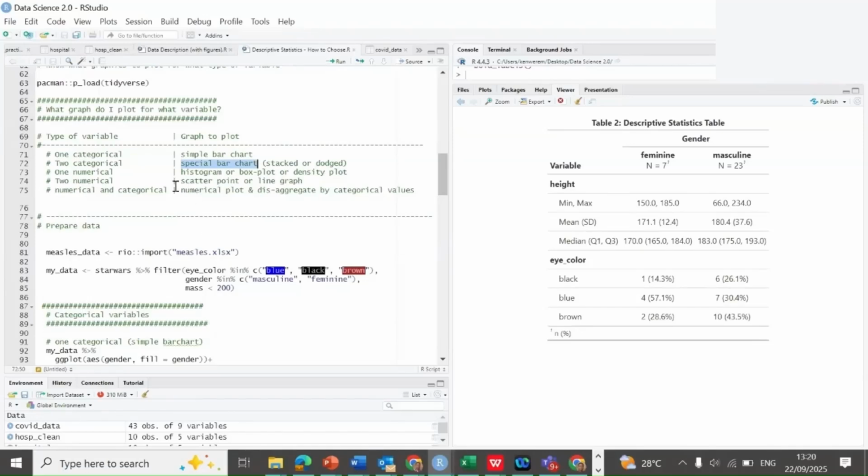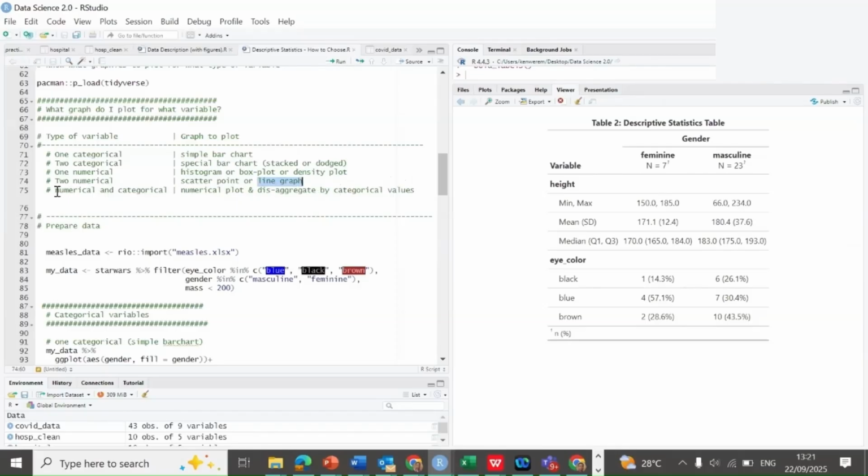We'll look at the diagrams to describe this. And when you have one numerical variable, you can either use a histogram or a box plot or a density plot to describe one numerical variable. When you have two numerical variables, you can either use a scatter plot or scatter point to describe it, or you use a line graph. Line graphs are usually used when one of the variables is time. So when you have dates, for example, you use a line graph because a line graph shows us like a